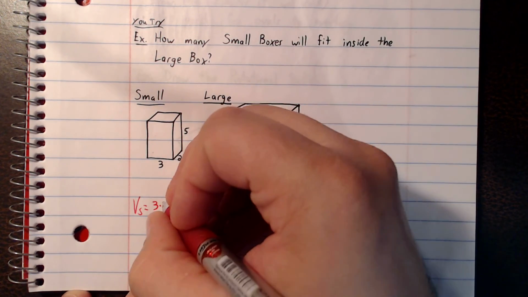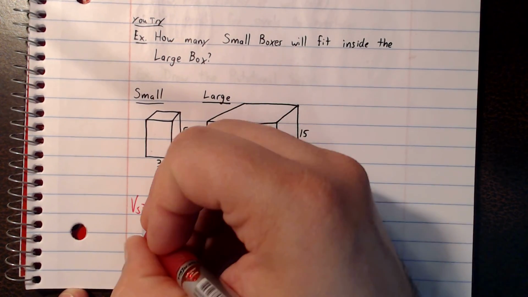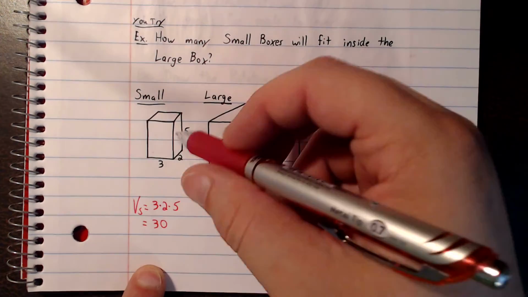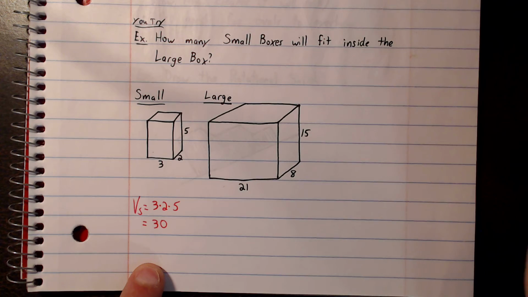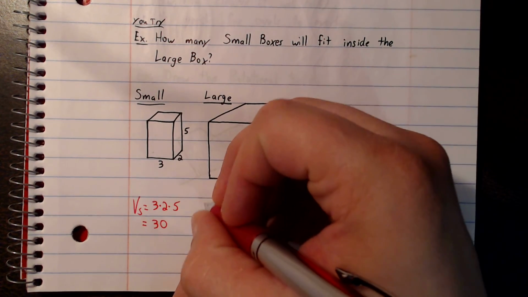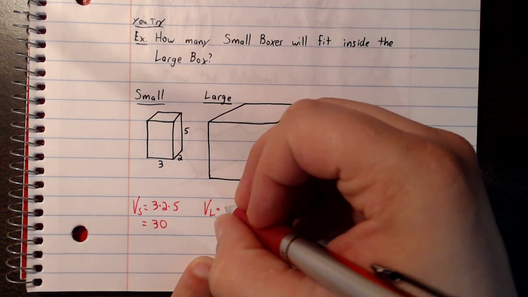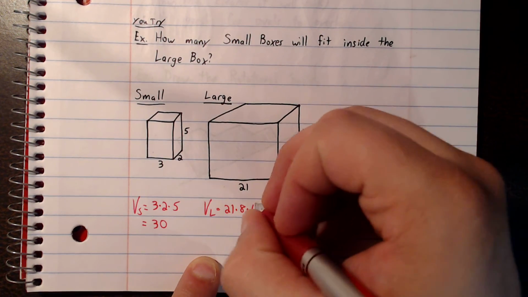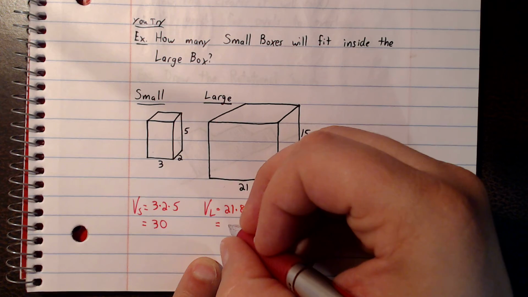Length times width times height gives us 30 cubic units. We'll find the volume of the large. 21 by 8 by 15, which gives us